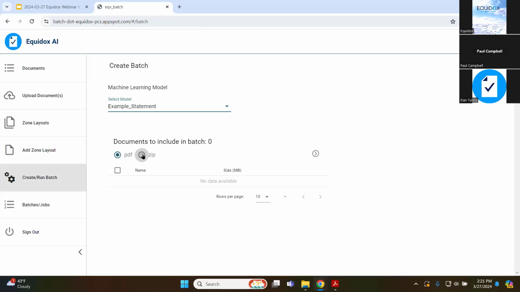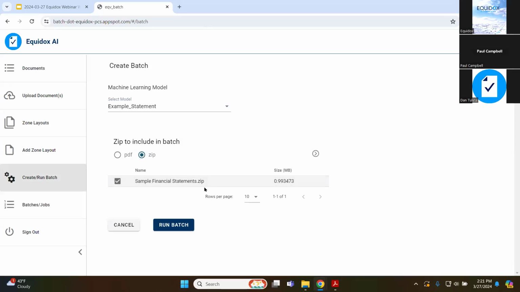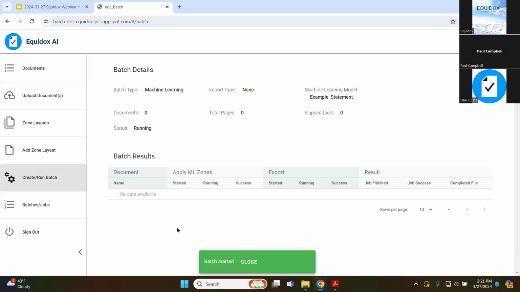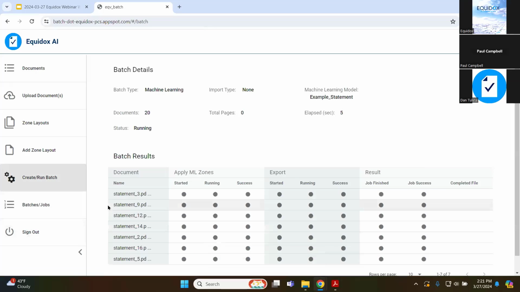Now I just have to select the Zip radio button, and I'm going to choose the financial statement zip folder that I just uploaded. And then I just press Run Batch. This is going to kick off an automated process where Equidox is going to first unpack that zip folder, and it's going to identify all of the various elements within these different statements.